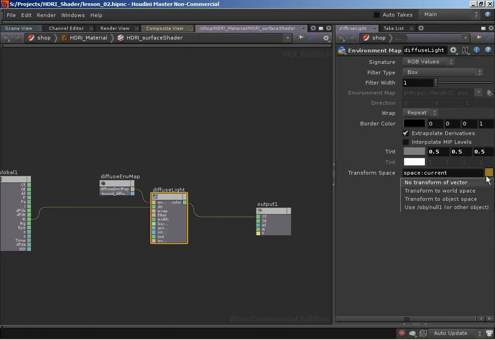So if I bring from the drop down transform to world space, you see that it transforms it into space: world, and that means that we're going to take our surface normal, put it over into world space, and then use that world space surface normal as the lookup into our environment map, which is the behavior that we need. So now if I was to re-render,